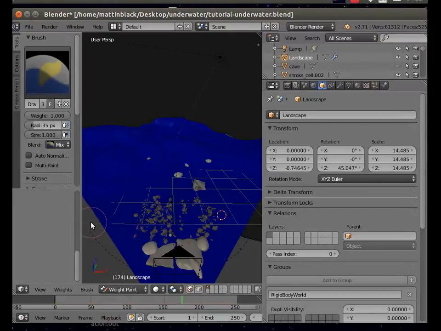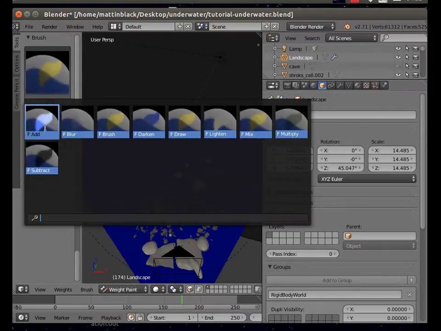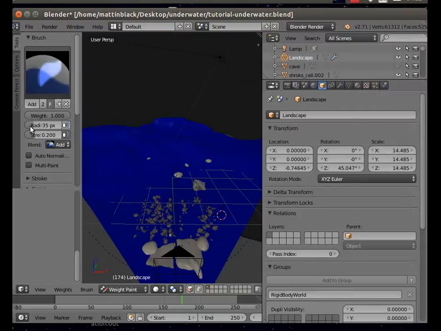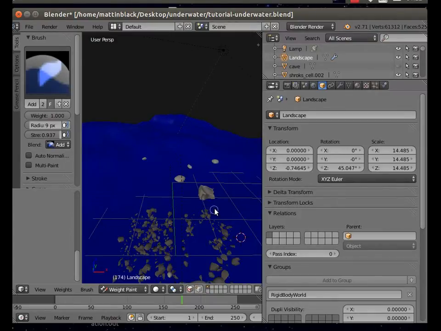I'm going to hit Ctrl Z to get rid of that, which I've just accidentally white painted. And we want the add brush, and we don't want it quite that big, so we'll take the radius down. We want the strength very high, okay, because I'm actually going to use it for placing this weed, this hair type weed, and the hair type weed is going to be partly in the background,